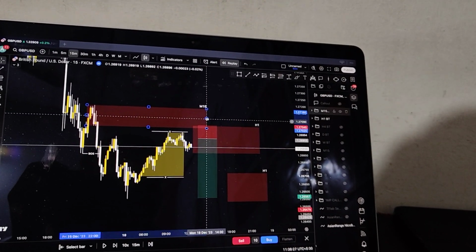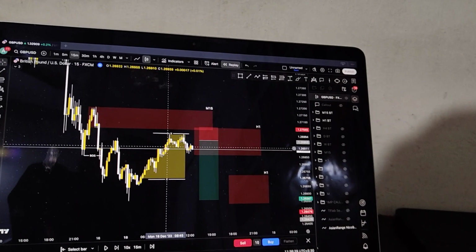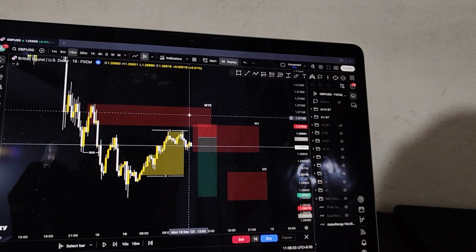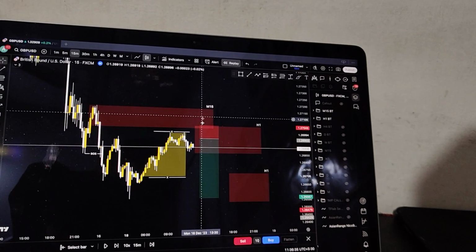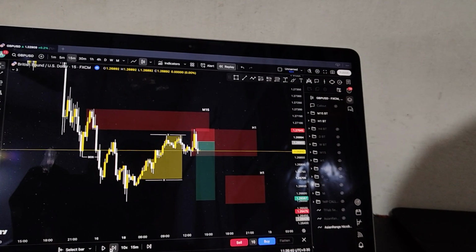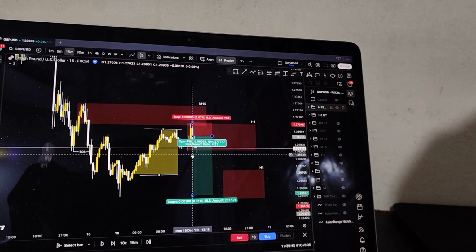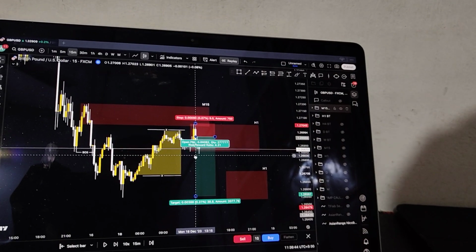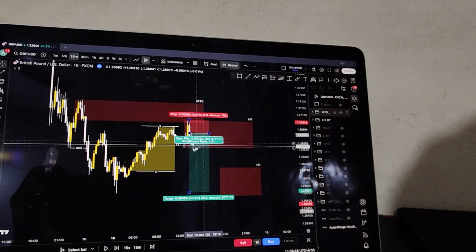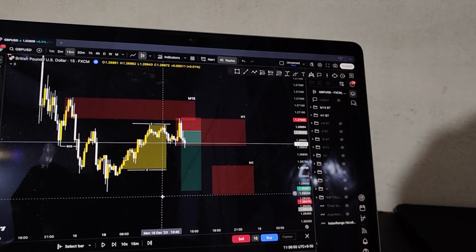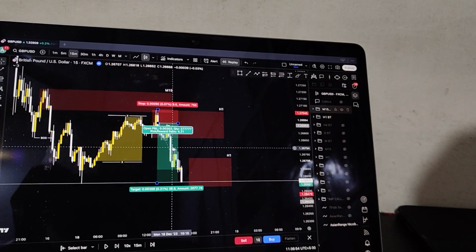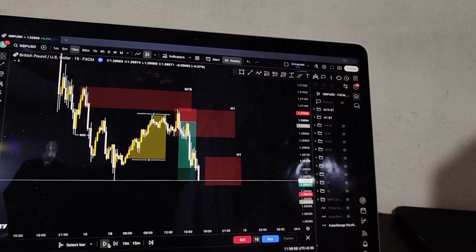Clearly we can see there was an M15 supply zone and the Asian high. We need the Asian high liquidity to sweep, then the M15 supply, order block mitigation, and the rejection candlestick. At 1:15 p.m. we got the entry somewhere around here, and after entering it was a bearish engulfing candlestick. The trade did play out in our favor, a beautiful trade, with a 1:4 risk to reward if held.